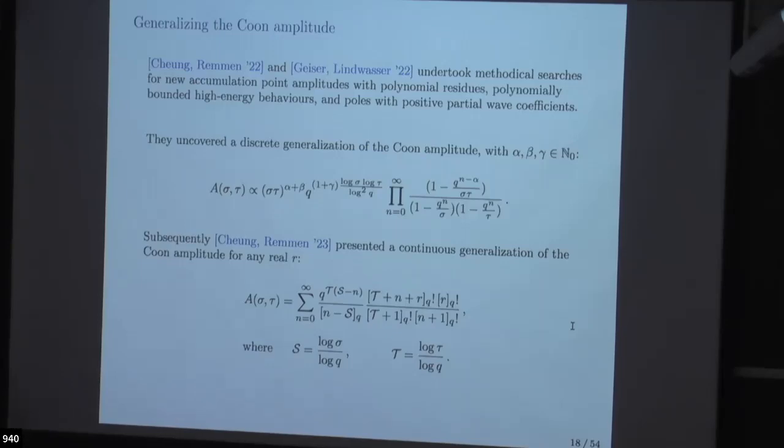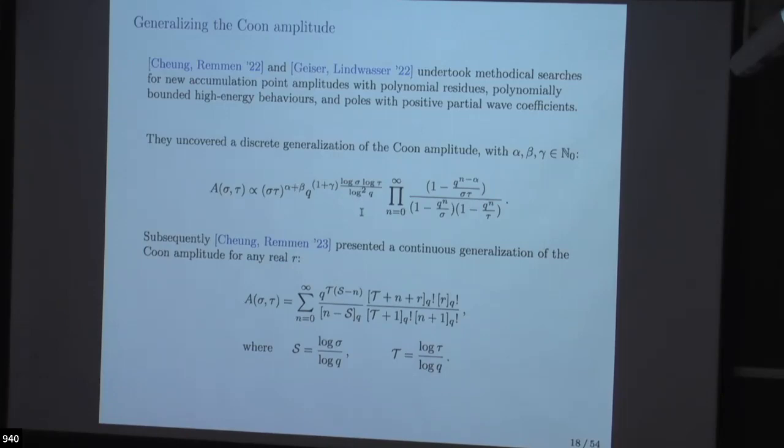and then also including one I didn't mention, right? We do want the amplitude to behave nicely at high energy. Specifically, what they assumed in these papers was just polynomial boundedness. So if we assume that, and then additionally polynomial residues and positive partial wave coefficients, then basically the papers found